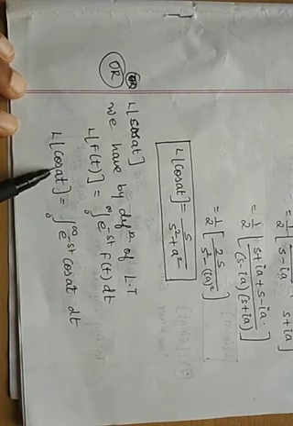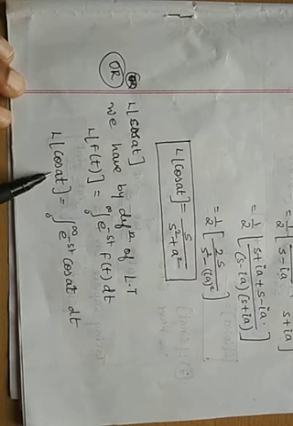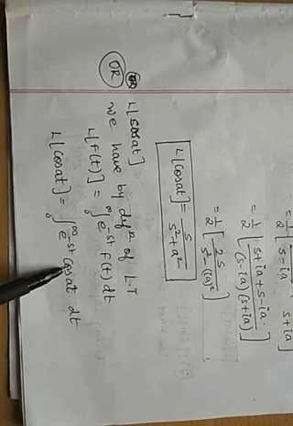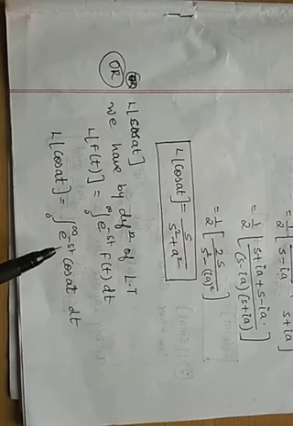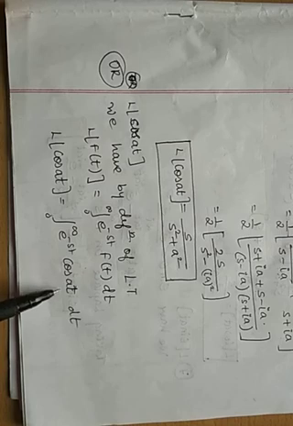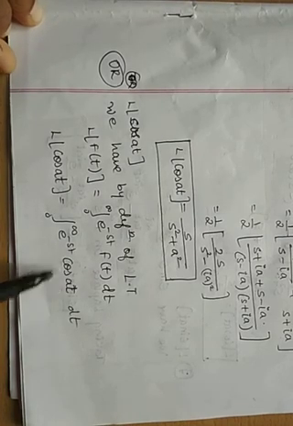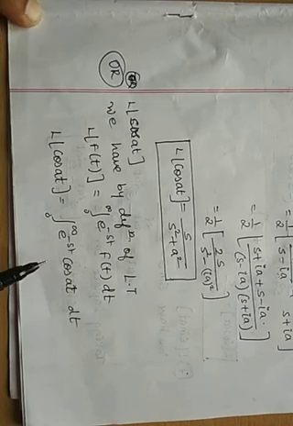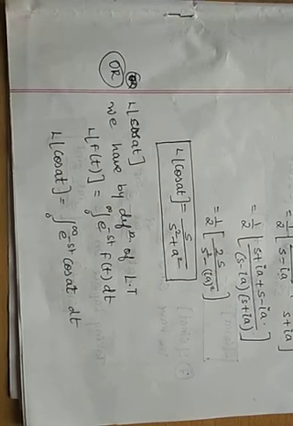I am finding the Laplace transform of cos at. So Laplace transform of cos at means replace f of t with cos at. So this becomes e raised to minus st into cos at. If you observe, it is a product of two functions, e raised to minus st into cos at. So how to get its solution? We cannot integrate this by parts because it will become recurring. If it is recurring, we will get the solution in a lengthy manner.